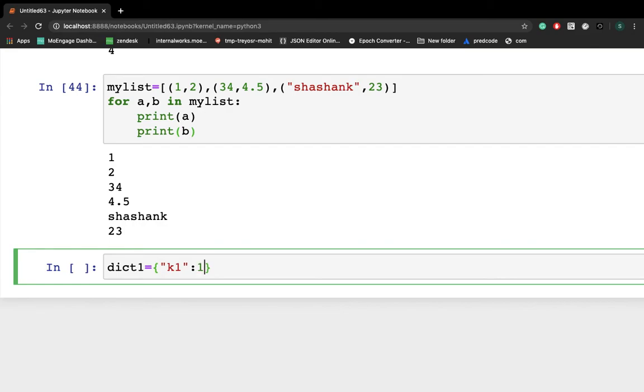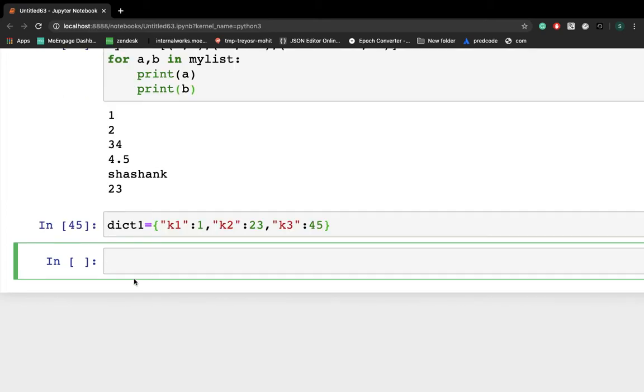That's how you can declare a dictionary, right? Similarly k2, this is the key name, and then value 23, you can write anything. k3 colon 45. So this is my dictionary, right?